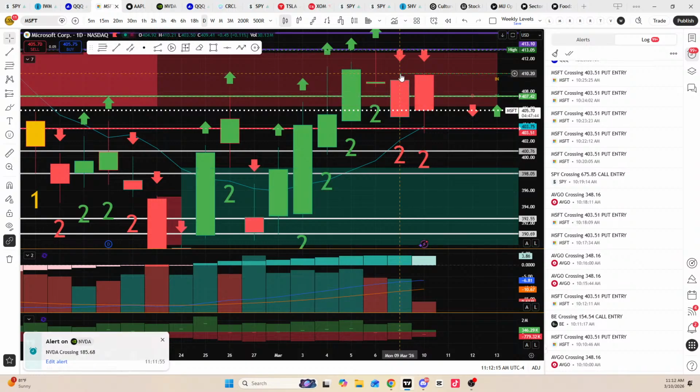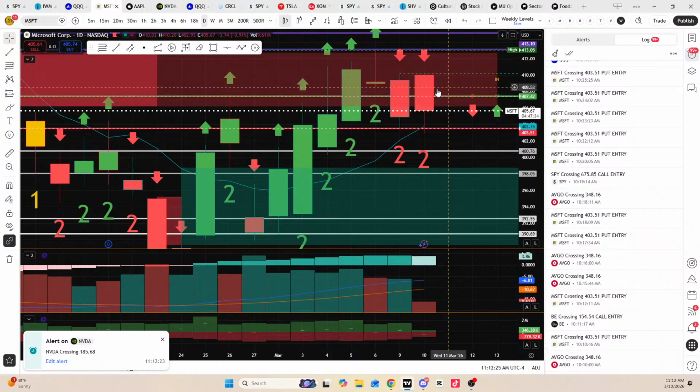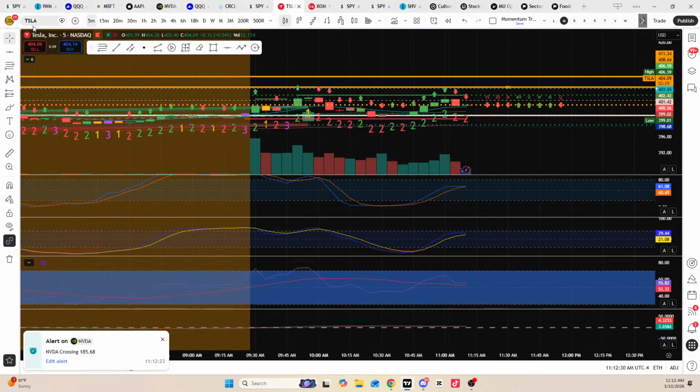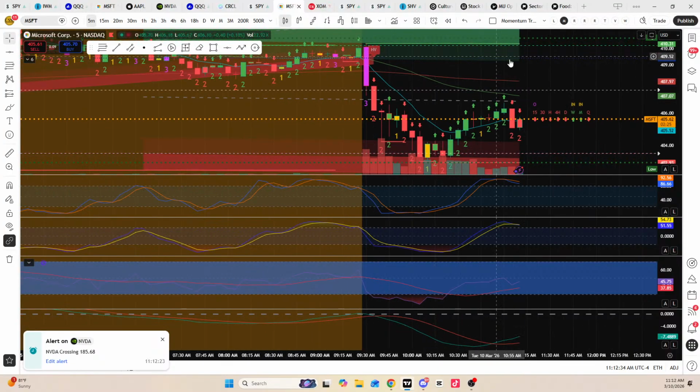This right here. Oh, if you was in calls, you just knew you was about to put a 3-bar in and go to 413 today. They said nope. Rejection at 410. Right back down to 405. Let's take a look. Let's see if you could have seen that coming with the momentum. If you would have seen that pivot coming before everybody else.